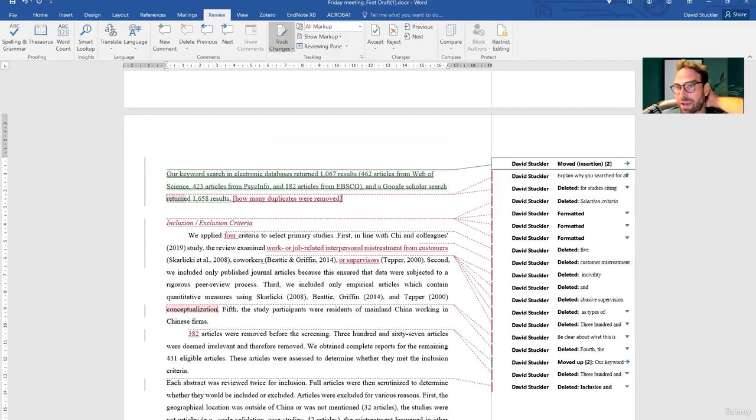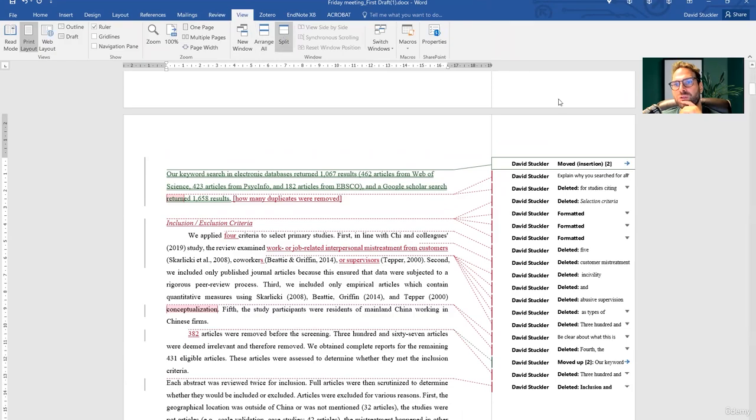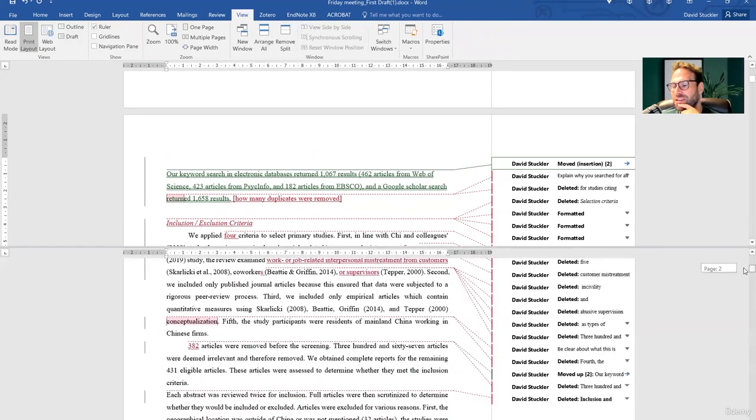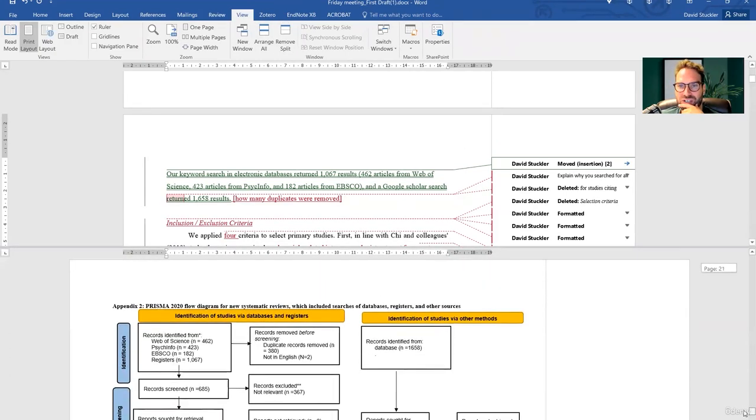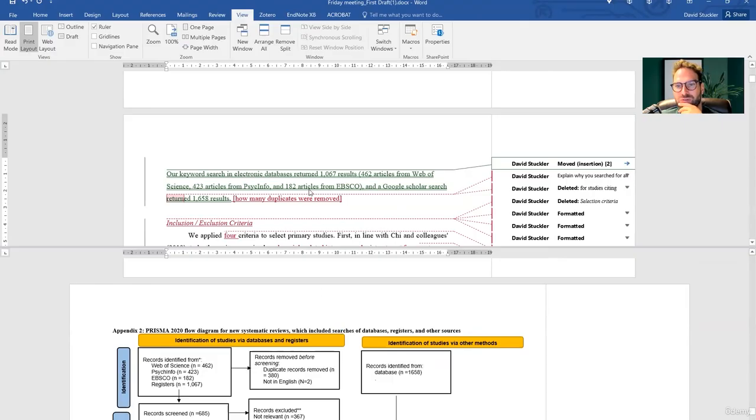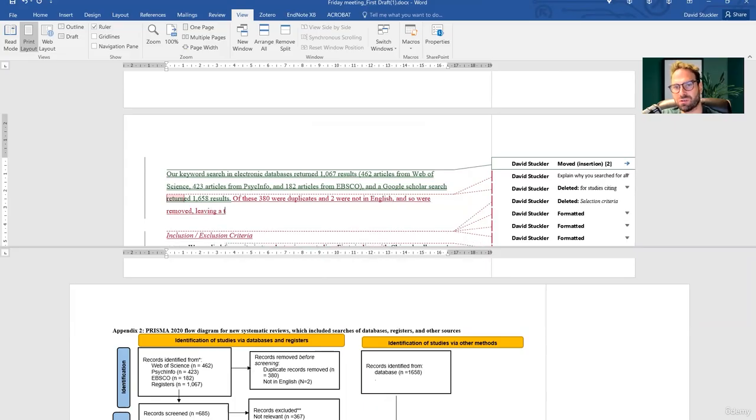I'd encourage you to go back and watch the session on the methods with Mohammed, because we go through and that is in the Kajabi course, and actually deal with a lot of this, but duplicate records removed. Of these, 380 were duplicates and 2 were not in English, and so were removed, leaving a total of 685 records for